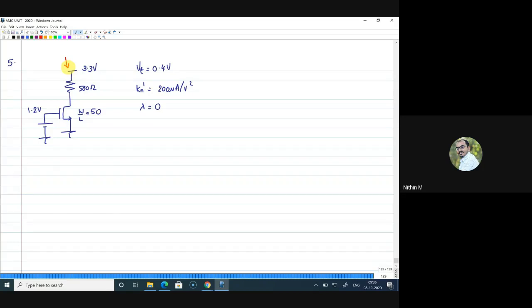Okay, so for the transistor, say for example, this is transistor M1. For M1 transistor to be in saturation, what is the condition? This node is nothing but VD or VDS. VDS minimum should be VGS minus VT. If you have VGS minus VT as the node voltage here, that is sufficient. If your VD is VGS minus VT, the transistor will be in saturation, right?